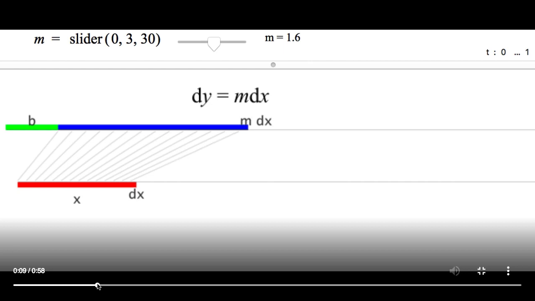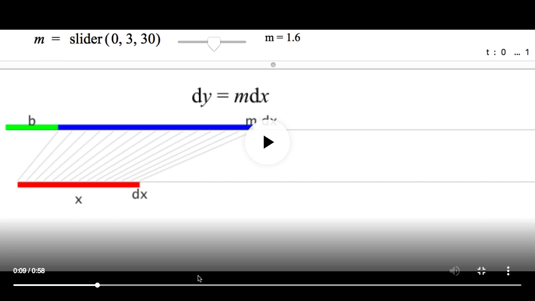If I go a little bit forward, I get a little more length to the red bar at the bottom, corresponding to a little more length to the blue bar at top. So if x is the entire length of the red bar, and we talked about these dx's being changes in, we can think of this dx as representing just this little, and we have to divide it up into something so we can talk about it, but these little tiny, maybe it's one, like half of a second, something like that, but as x goes through half a second at a time, every time it goes through an additional half